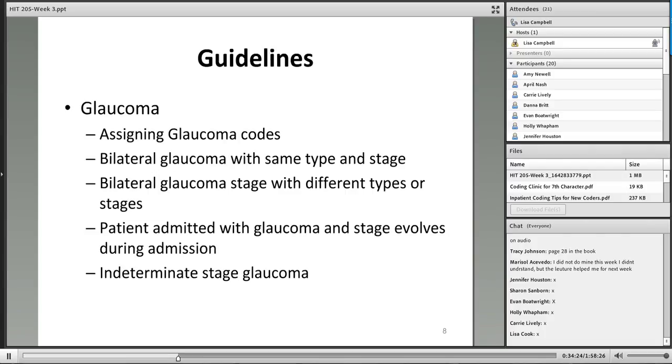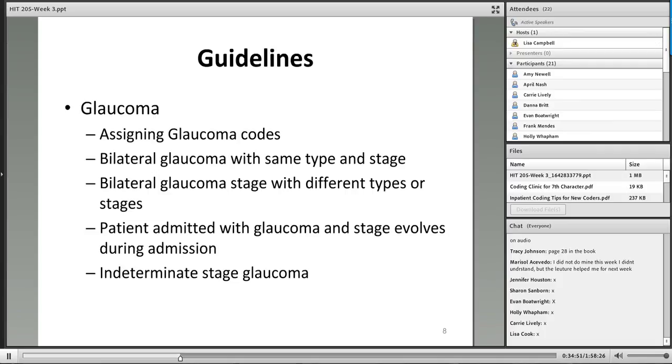More guidelines related to bilateral glaucoma, but a situation where the patient has different types or different stages. So make sure you read that. Patient admitted with glaucoma and the stage progresses, according to the guidelines, you're going to assign the code for the highest stage that is documented. And then the last guideline related to